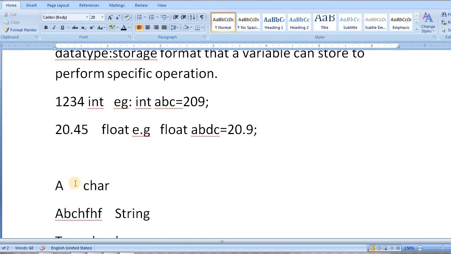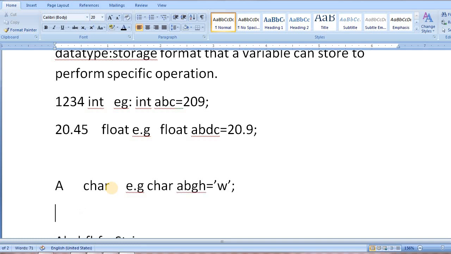Clear? And if the user wants to store a character, then the data type is char. Example, our example is char, name of the variable is abgh. According to the rules, always give the name according to the identifier rules. Here write single quotes and store a single character. Clear?